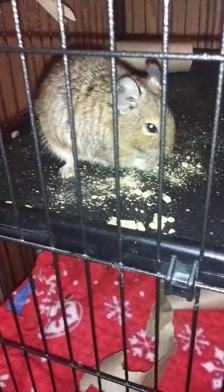What else? Then let them settle for a little bit, because they're going to be a little startled and a little scared when they first get into their cage and from the ruckus of coming home and everything. So you just want to let them settle and be happy and cute. And then the last one is,